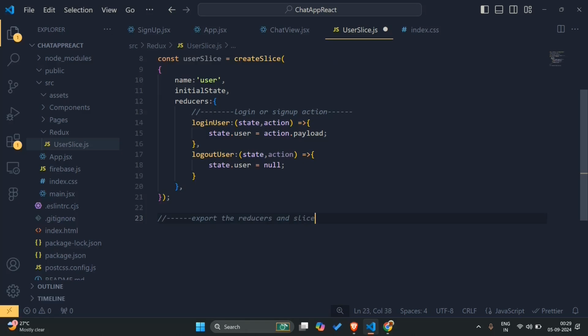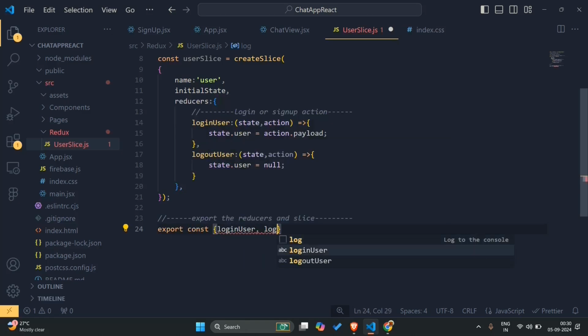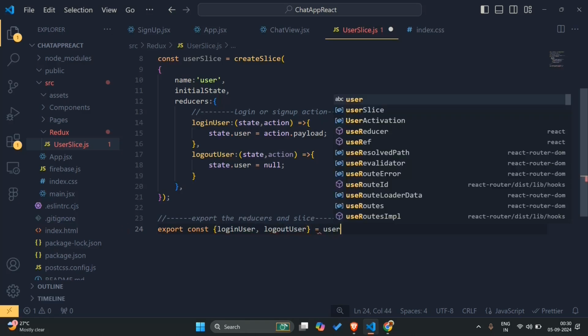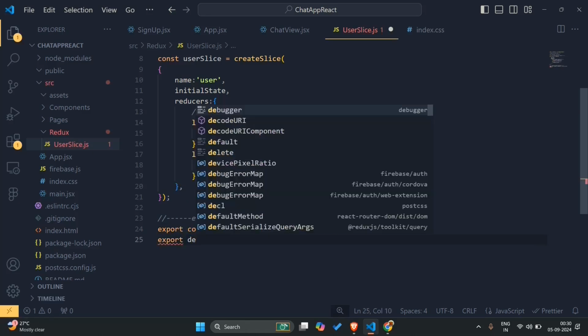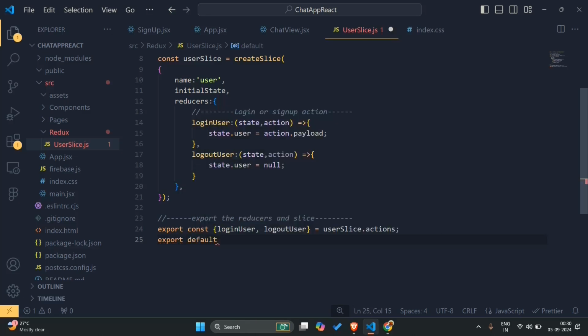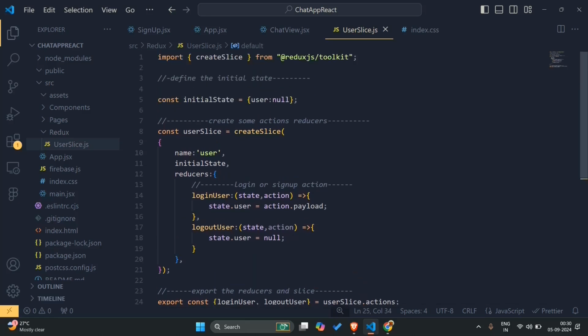Now export the reducers and slices. So export const loginUser and logoutUser equals to be userSlice.actions, and then export default userSlice.reducer,